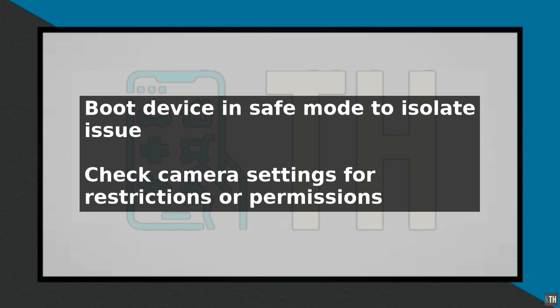Also, clear the camera app cache and data to resolve any issues related to stored data. To do this, go to Settings, then Storage, and select the camera app. Choose Clear Cache and Clear Data. Then restart your device. If none of these steps resolve the issue, try resetting the camera app to its default